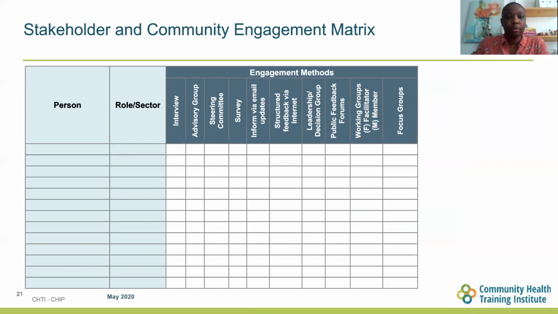As you consider your community engagement process, it's important to think about cross-sector engagement in key sectors such as service providers, faith-based organizations, coalitions, government, or business industry, and identify who those key stakeholders are. This tool is just one example of how you may engage different stakeholders throughout the planning process.